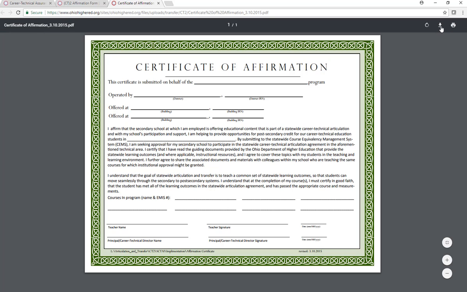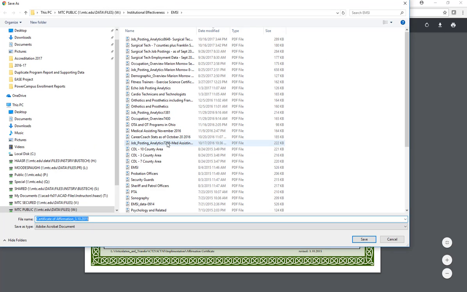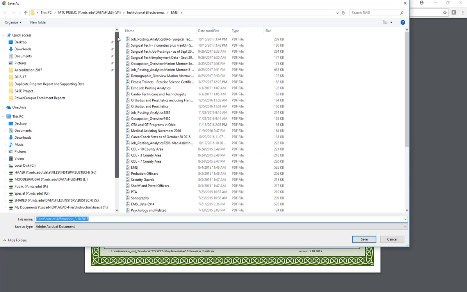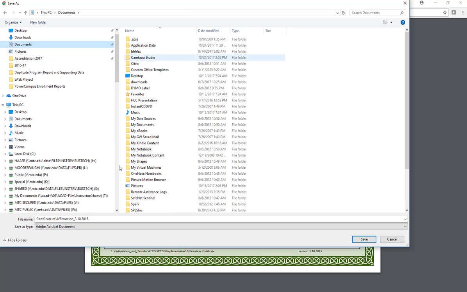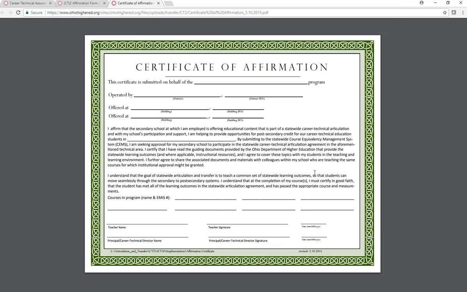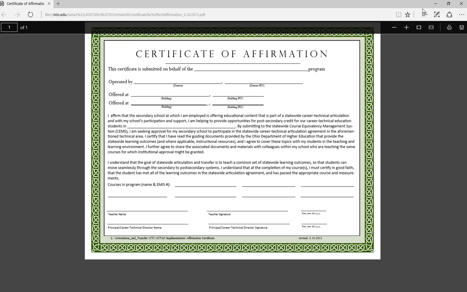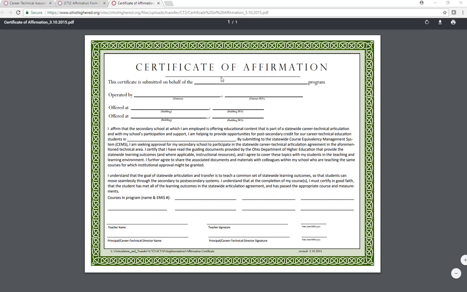So I'm going to download this now, and again the idea here is that I would have created this ahead of time and completed it so that I don't have to do this. I get that all ready to go before I start the submission process. Okay, so